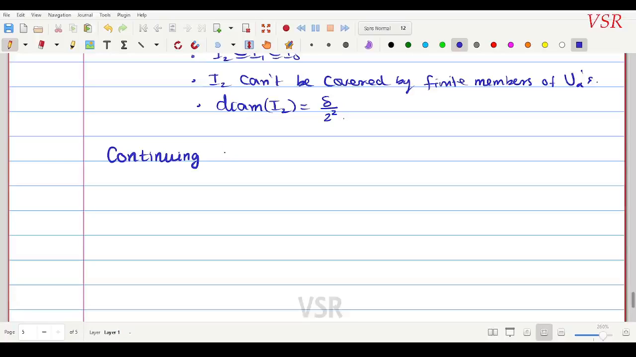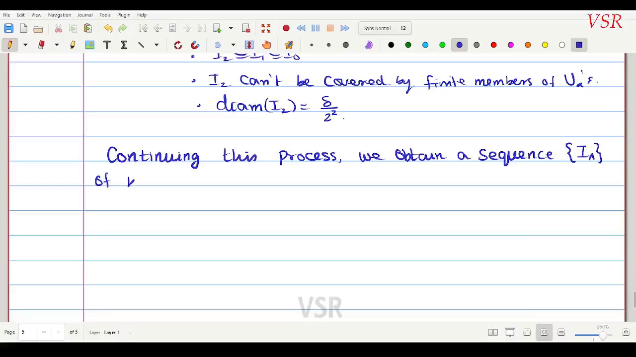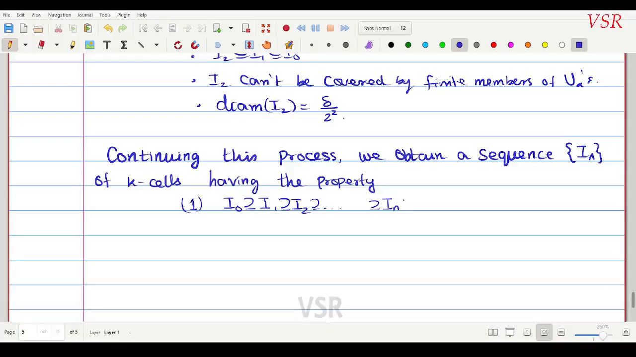continuing this process we obtain a sequence, the sequence In of k cells, having the property, number 1, this is a decreasing sequence. This is I0, the biggest one, this contains your I1, this contains your I2, which contains your In, which contains your In plus 1. It keeps going like this, so this is a decreasing sequence of k cells. Number 2,